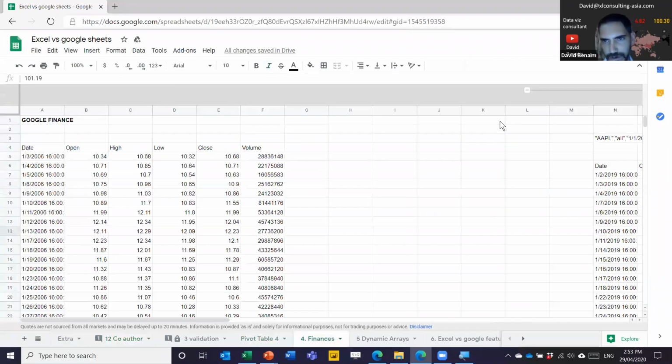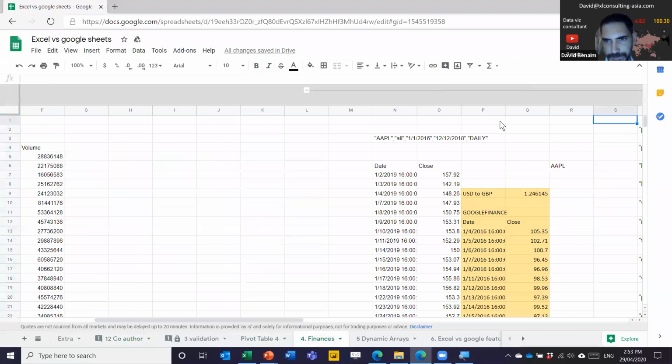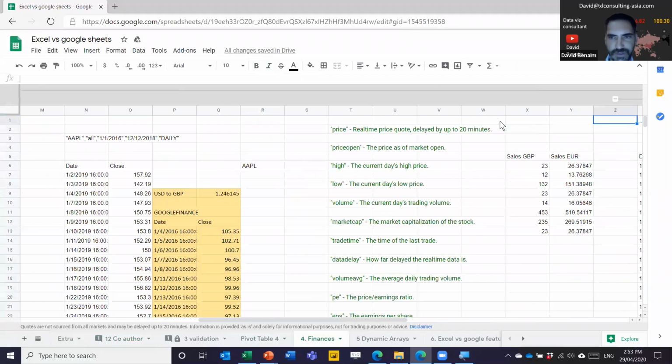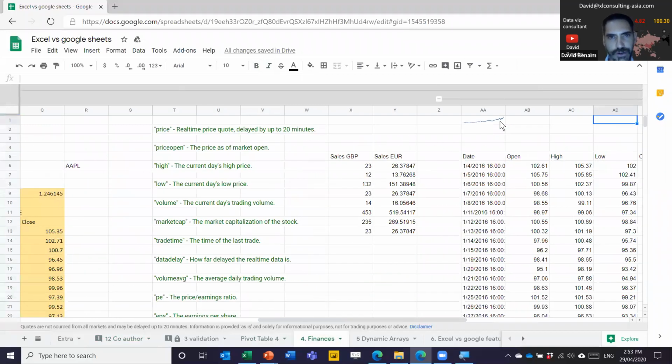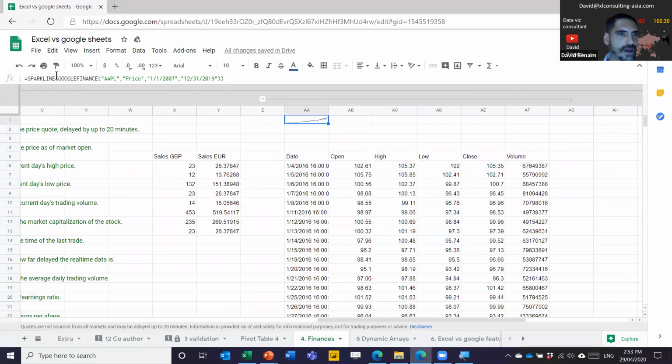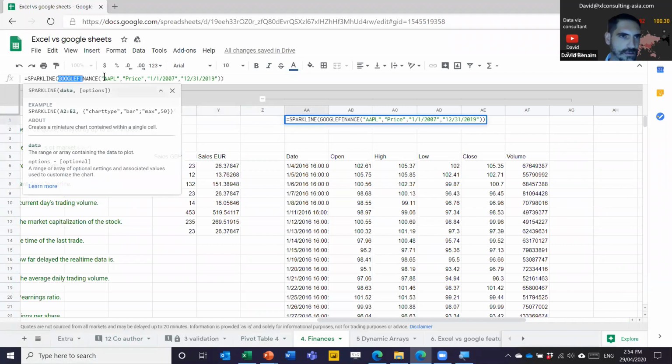Right, so here I am with Google Finance. So this is the different things that it can do. You can also, if you want to, throw that all into a Sparkline. Google Sheets has a feature called Sparkline that's in a function. Excel has it not in a function, but in something on the Insert tab. But because it's in a function, you can throw in the Google Finance there.